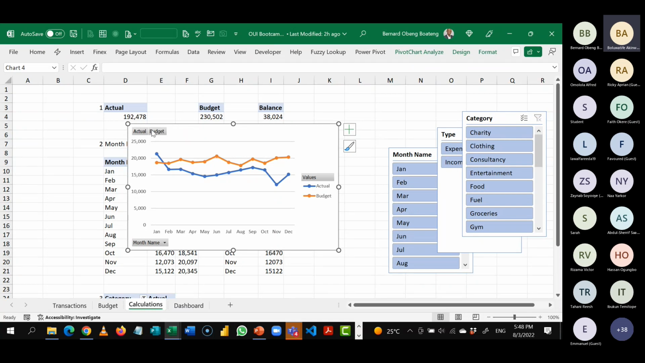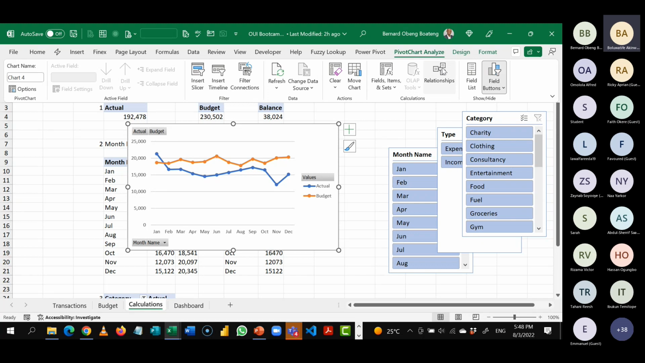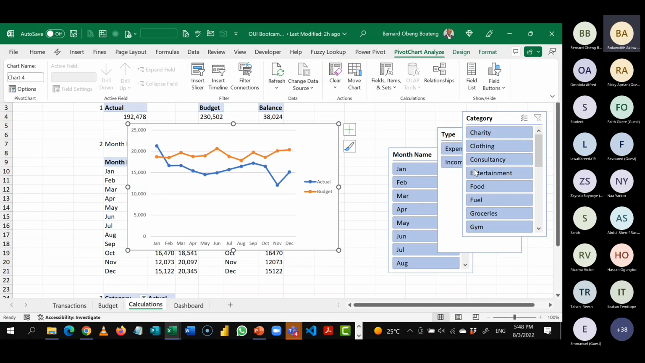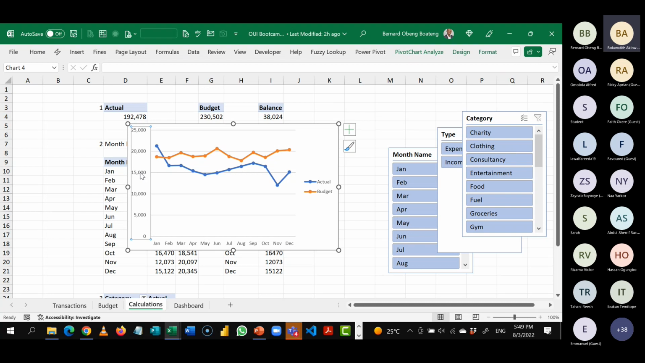So I have actual budgets. These, we can take them off. They are called field buttons. So when you select the chart, you can go to PivotChart Analyze, Field Buttons, and then you can hide all. Then we can also delete these labels. We'll put them on the line. So as much as possible, reduce the noise. And then we can